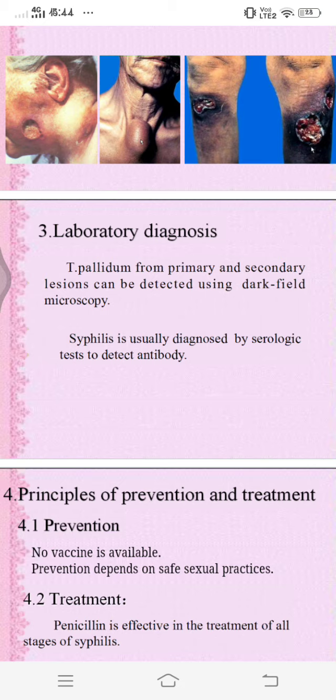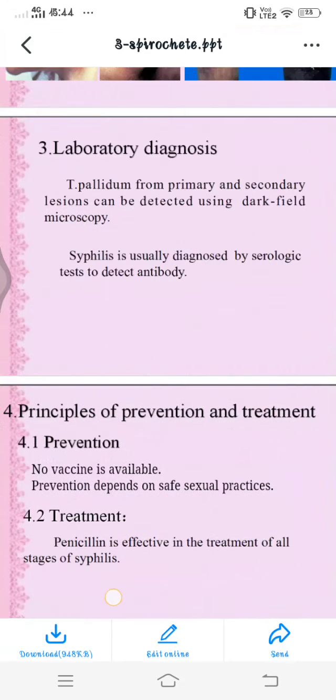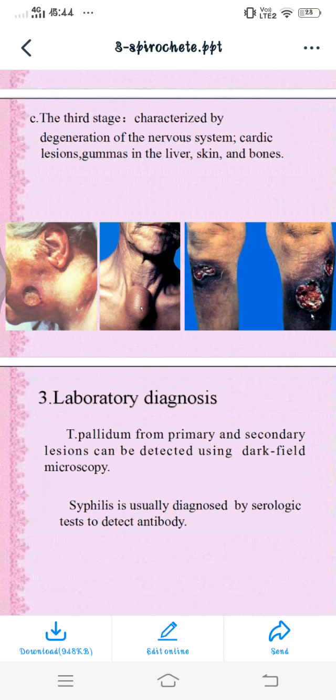So what is pinta? Pinta is also a treponemal disease, caused by Treponema carateum, and transmission is by person to person. Clinical features: the primary lesion shows an extragenital papule that develops into a lichenoid patch, and skin lesions are also seen as hypo or hyperpigmentation. Laboratory diagnosis is again the same as syphilis. So this is all about syphilis, its clinical importance and its treatment.